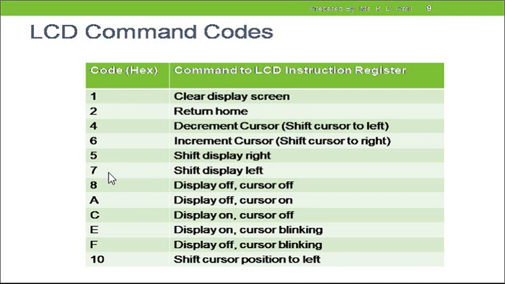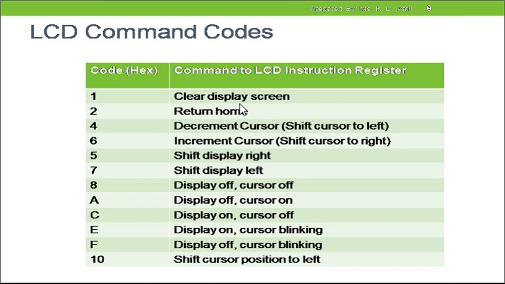We are interested more in some of the command codes which we will require to write the code to interface the 8051 with the LCD. Those are, first, hexadecimal value 1, that is clear the display screen.